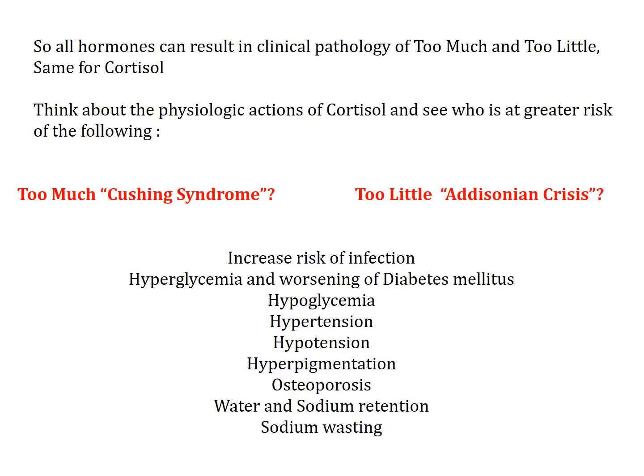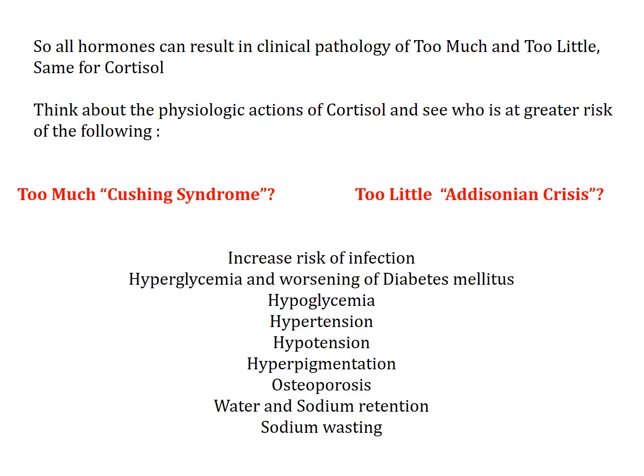All right, so here are 1, 2, 3, 4, 5, 6, 7, 8, 9, 10 different symptoms, if you will. What I want you to do now is stop and think about this and ask yourself, is this more likely a manifestation of Cushing's syndrome, too much cortisol, or Addison's, too little cortisol? I'll give you a minute. I will stop talking, put your PowerPoint on pause here, and then talk it out. Hello, I'm back. Okay, let's go.